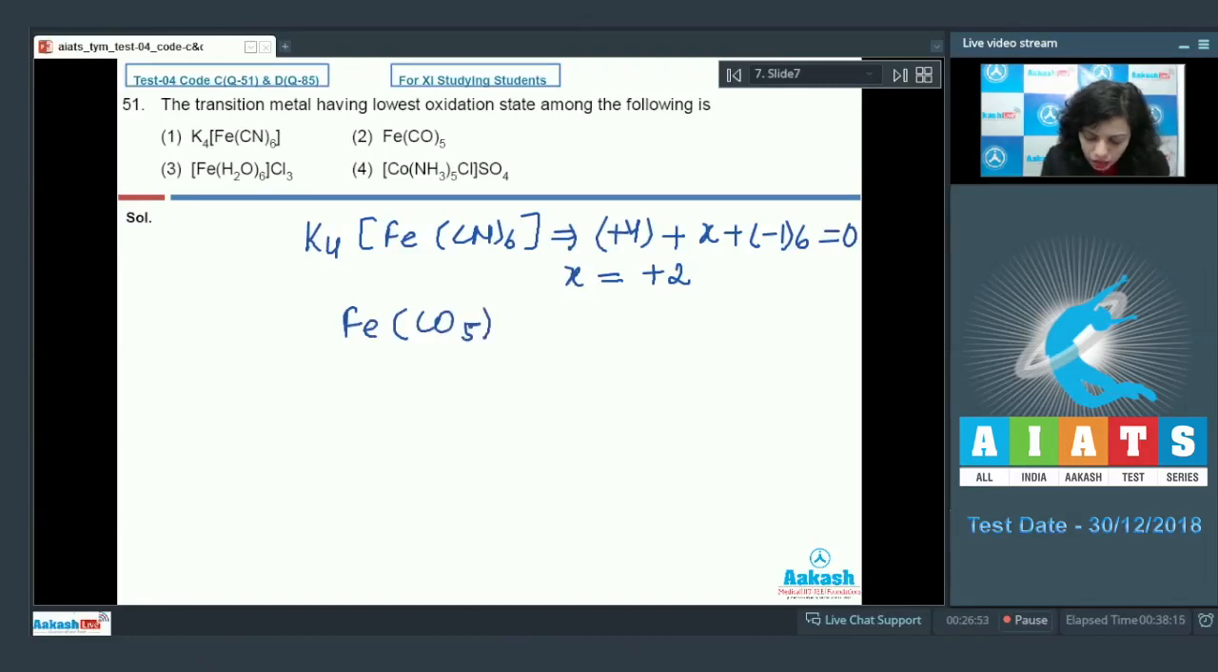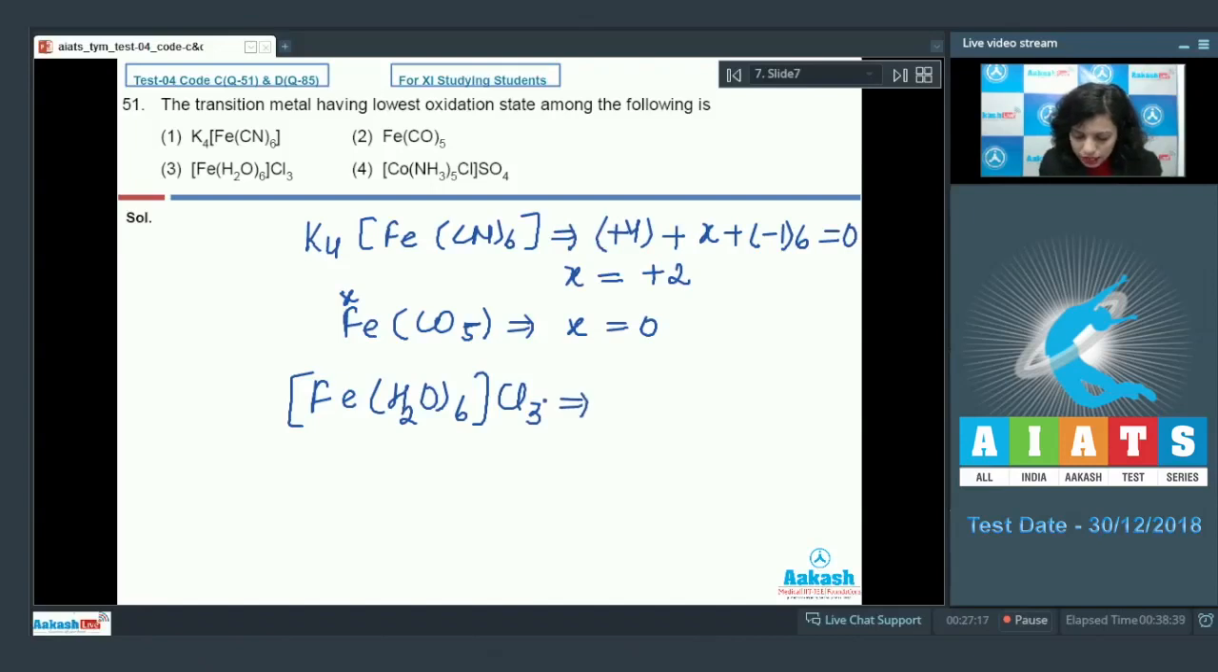Fe(CO)5. This is iron carbonyl, and in case of carbonyl, the oxidation number of this ligand CO is considered as 0. That's why if you consider the oxidation number of this iron is X, then definitely it would be 0. After that, we have the third compound, that is [Fe(H2O)6]